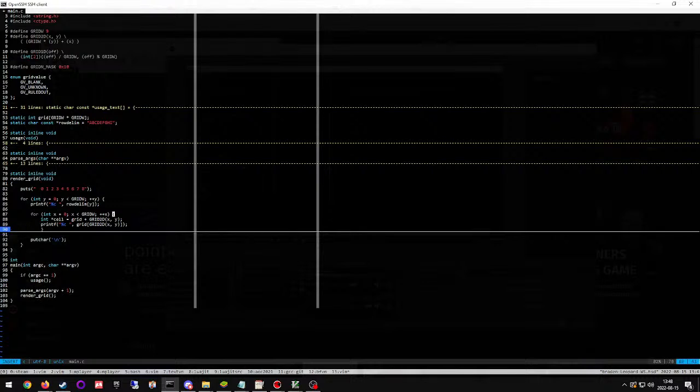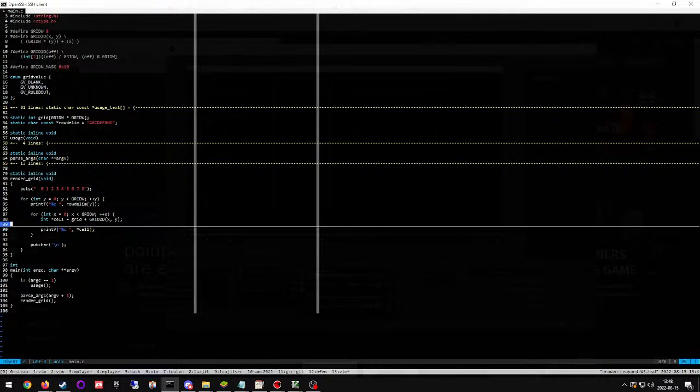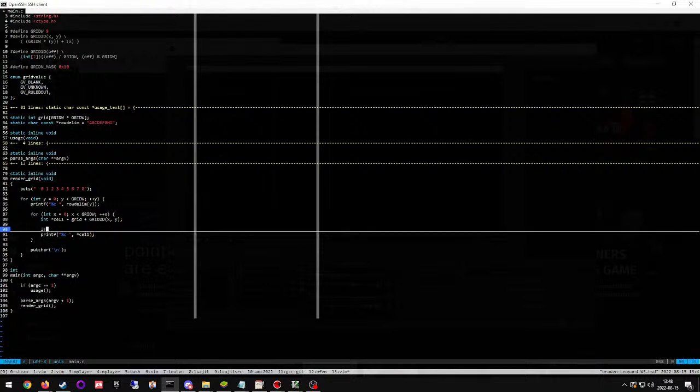So we need those brackets back since we have multiple statements inside here. If cell and grid and mask,